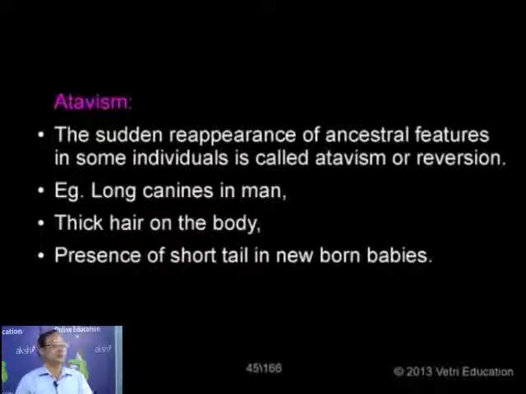A few more related to comparative anatomy and morphology, indicating that we have descended from a common ancestor. So there is one process we call atavism. In some cases you could see dense hair on the surface of the body, or in the case of a newborn child, a tail region, a short stumpy tail, the continuation of the vertebral column. Even in some people they have long canines. So these are all the ancestral characters.